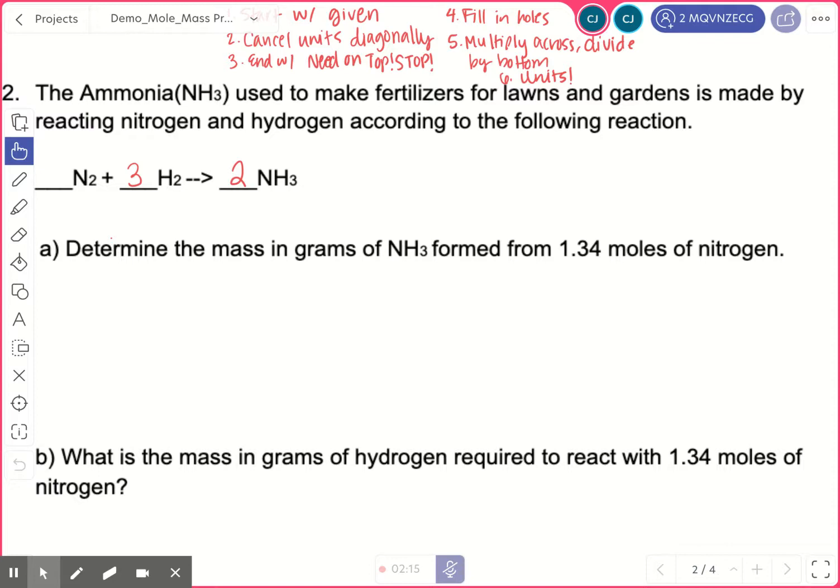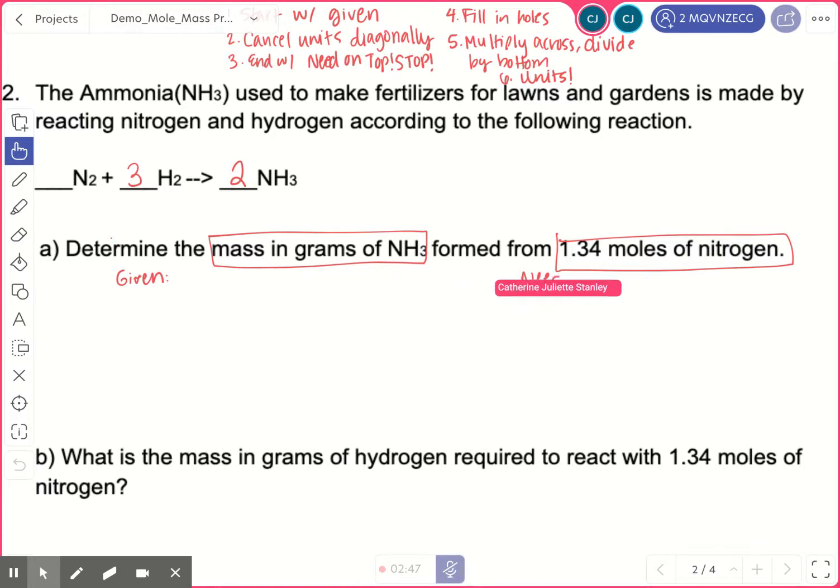All right, so let's start. So rule number 1, step number 1 says to start with the given. So if I'm starting with the given, let's read this question. It says, determine the mass in grams of NH3 formed from 1.34 moles of nitrogen. Okay, so the first thing we have to do is determine our given